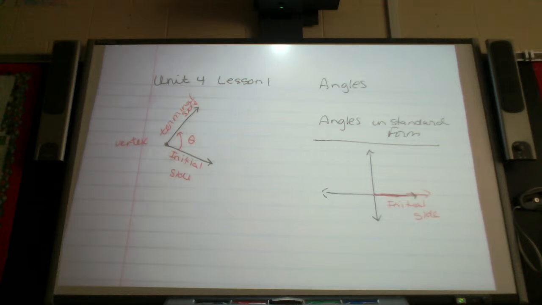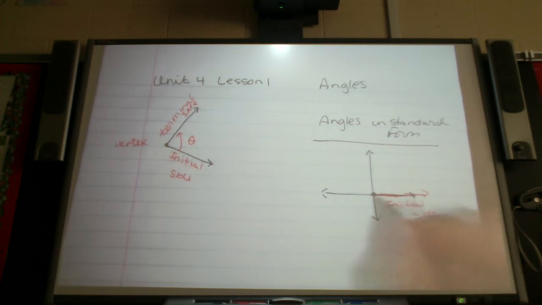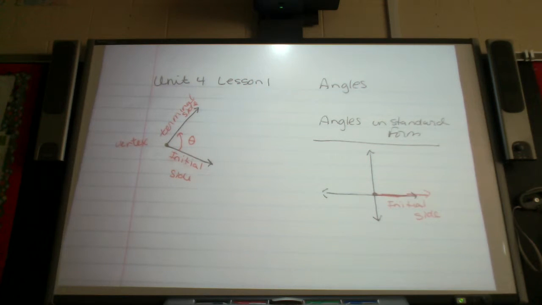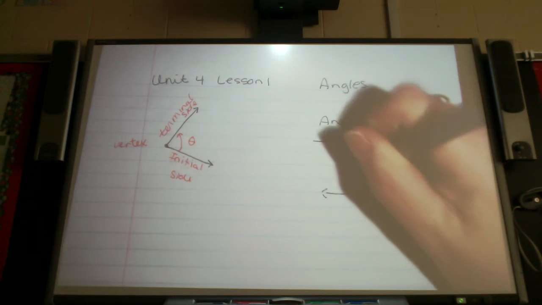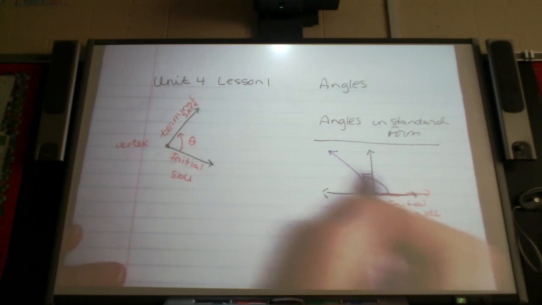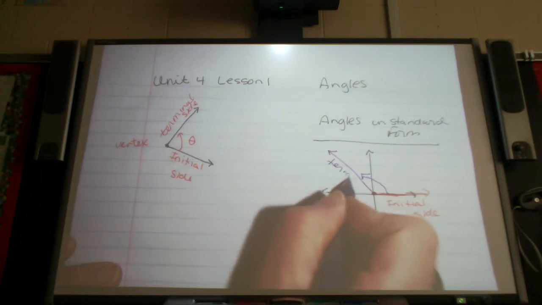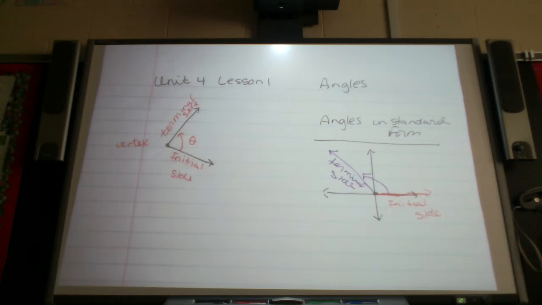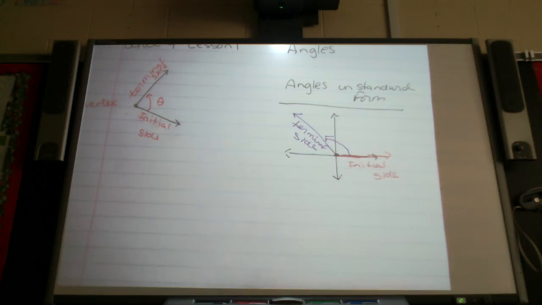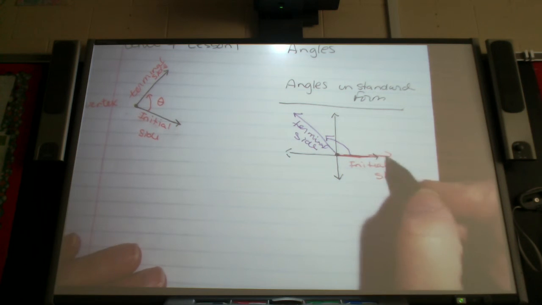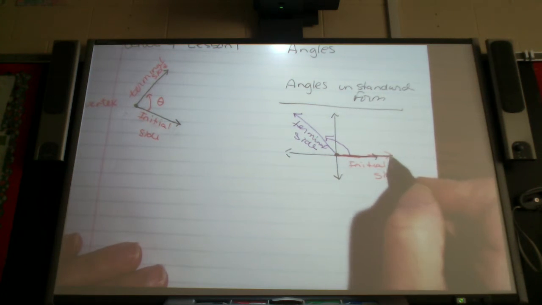Its vertex is going to be at the origin, and then we rotate counterclockwise, and the place where we stop is called our terminal side. So angles that are in standard position will have their initial side, so to speak, at the 0, 0, and we rotate